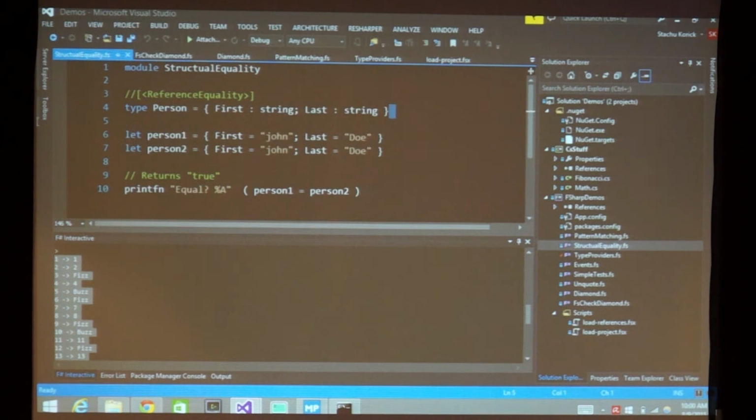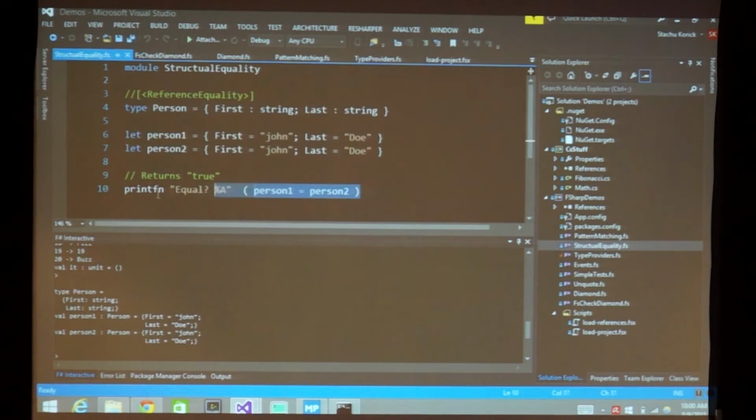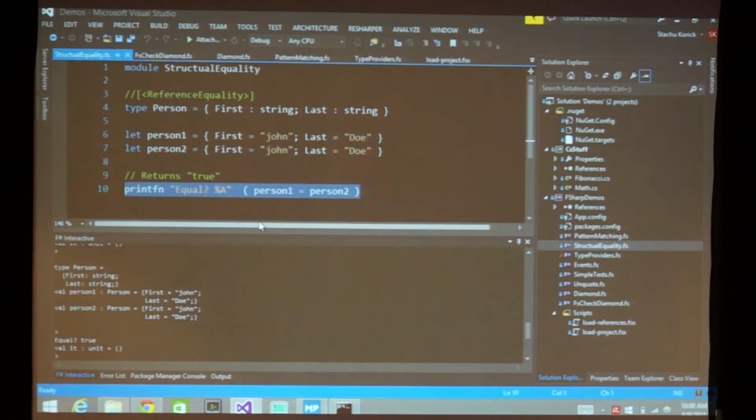So if I create a type called person, like I did somewhere within the slide deck, and the person just has a first name and last name, both being strings, then if I create two people independently, with different references or whatever, called person1 and person2, and they have the same exact internals, and apparently their first name is both lowercase, I don't know why, then if I check to see whether the two John Does are equivalent, it will return what we'd expect as a human being rather than as a software developer thinking of referential equality. So right here, if I highlight all this code to create my types and to create my two people, and then evaluate whether the persons are equal to each other, then it will